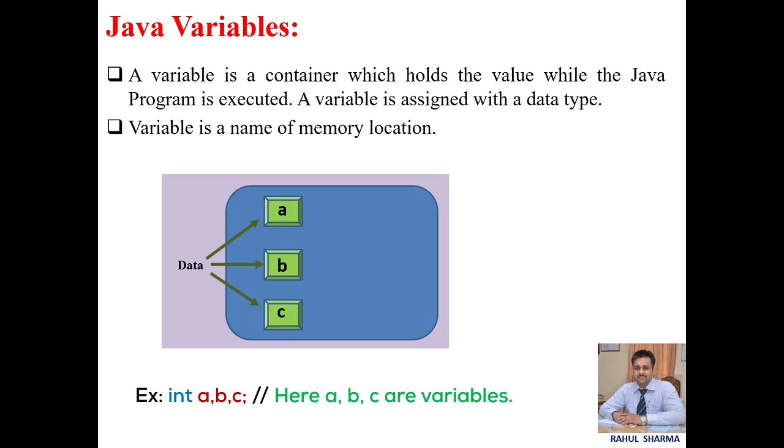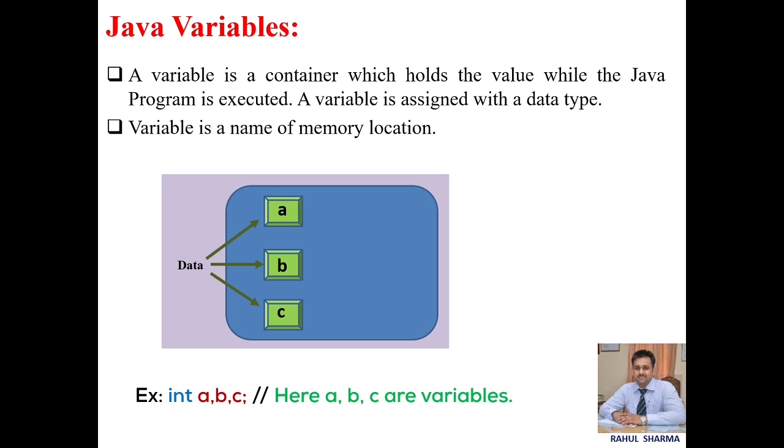Whenever we execute any program, that particular program will allocate memory in RAM. The RAM contains two types of memory, one for the instruction and second for the data or information. So here we are studying about the variables. These three blocks indicate the variables. Here A, B and C are the names of these particular memory blocks that consume some memory in RAM, and these memory blocks may contain some information that will be initialized by the user.